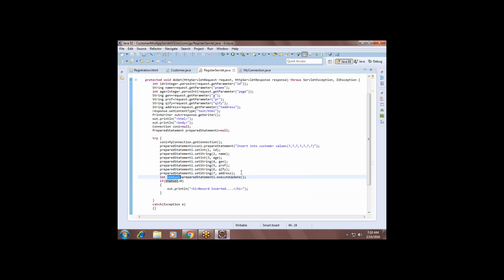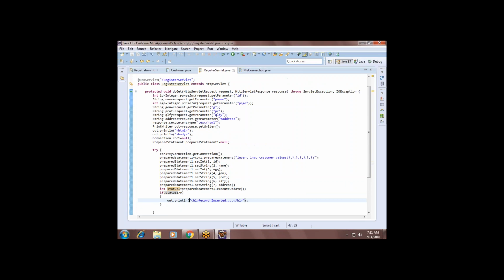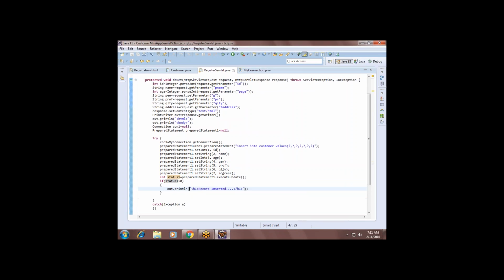Okay, now? Then if it was successfully inserted, you can show the record inserted message on the screen. So can we also use result set? ResultSet equal to prepareStatement.executeQuery? When do you use result set?